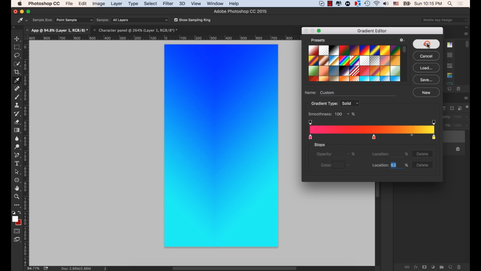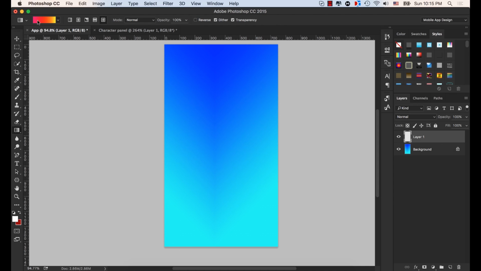Now click OK. Now we have a gradual blending of 3 different colors. Hold down the Shift key and drag. See, we have the 3 different colors here. But we don't see much of this pink color. So double-click here,